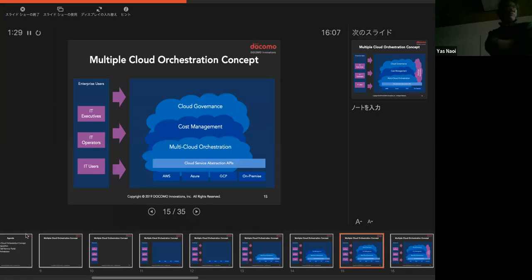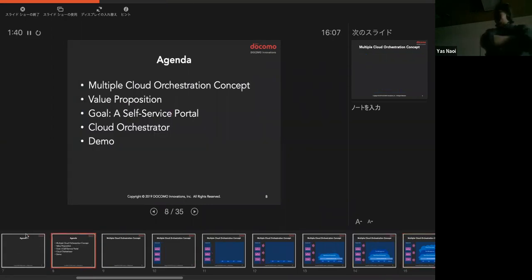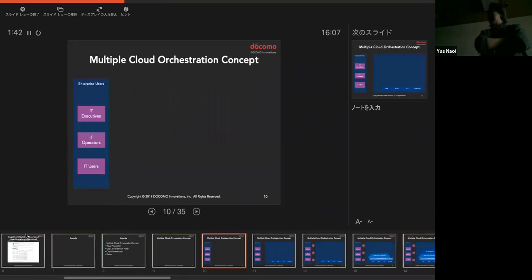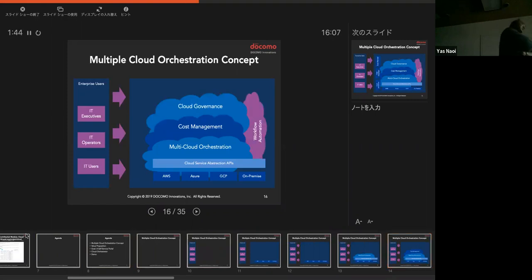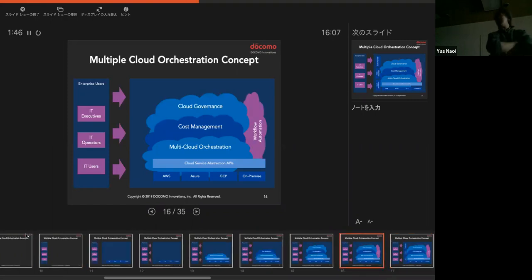And of course, as I previously mentioned about the cost of AWS, we want to manage the cost. The benefit of cloud computing is the pay-as-you-go model, but currently cost is very huge.